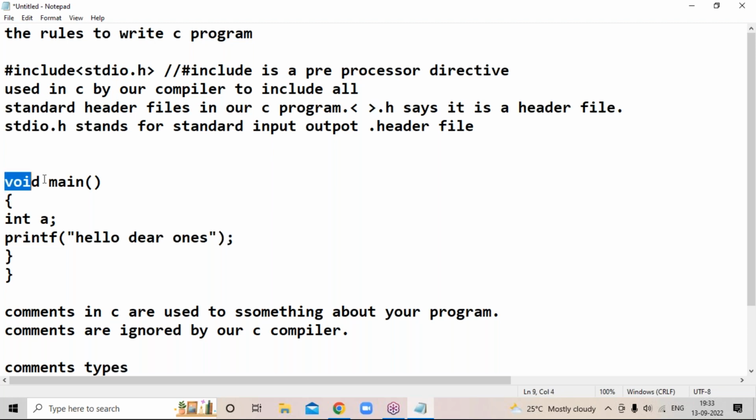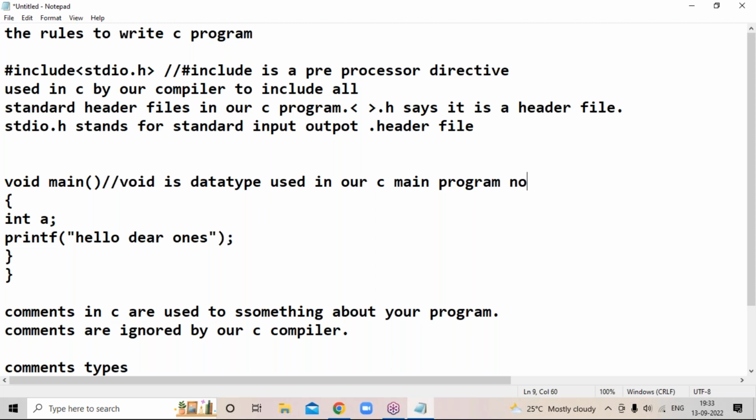Okay. So next, what is this void main? Void is a data type. What is void? Void is a data type used in our C main program not to return any value. The void is nothing but,